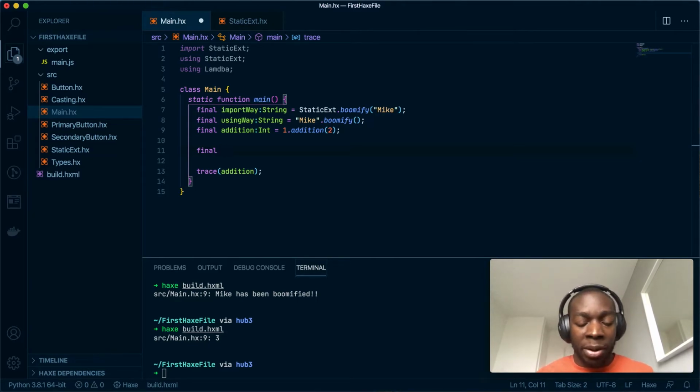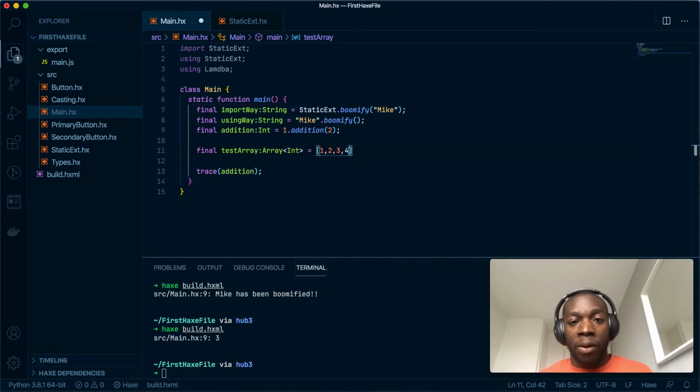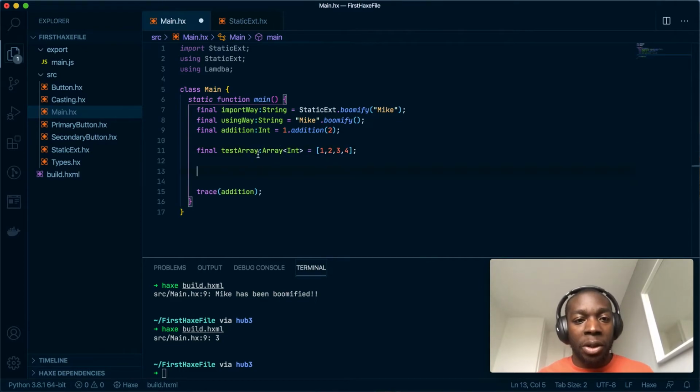So let's say I have an array, test array, which would be an array of integers: 1, 2, 3, 4, and for each one of these, I want to add 1 to them. So I can just grab test array and do map, I think. I'm very bad at remembering what comes in the lambda. I think it's map I. Okay, so then this is the array I've passed in, and for each array item,